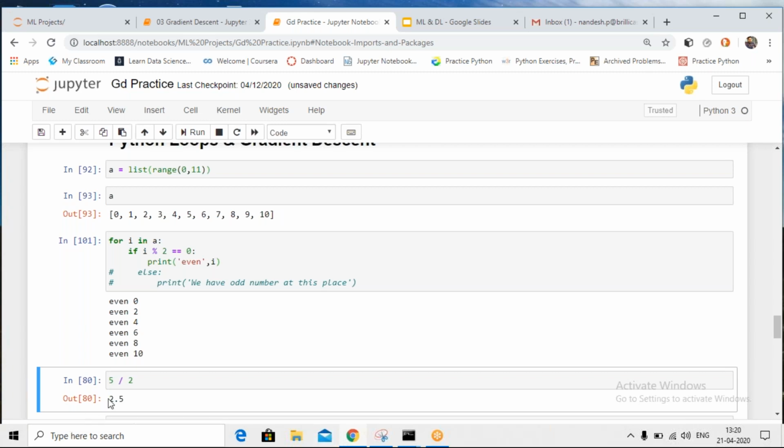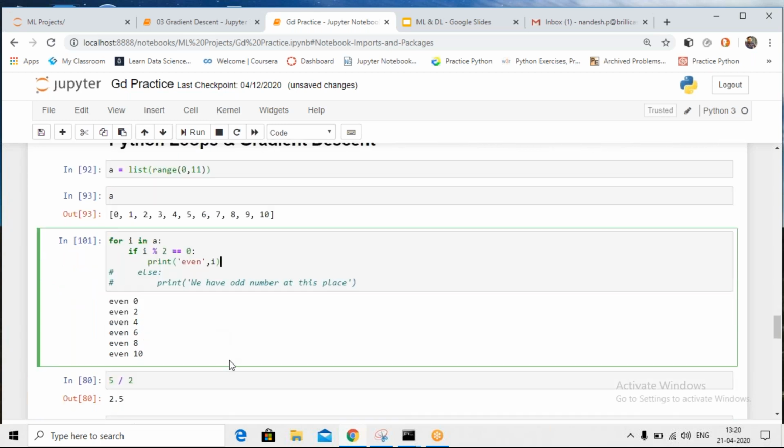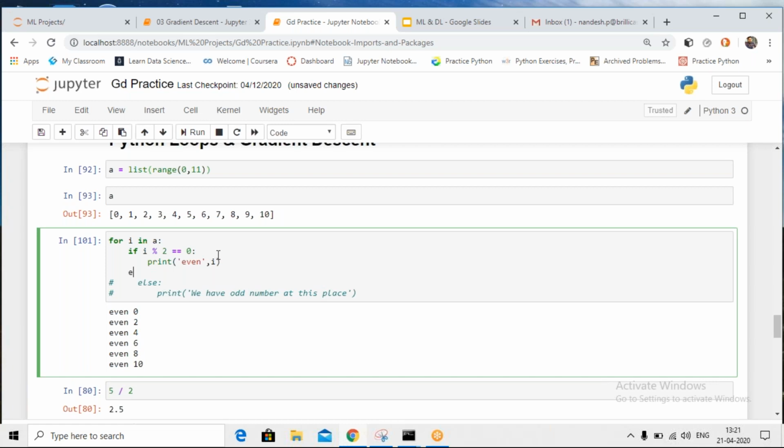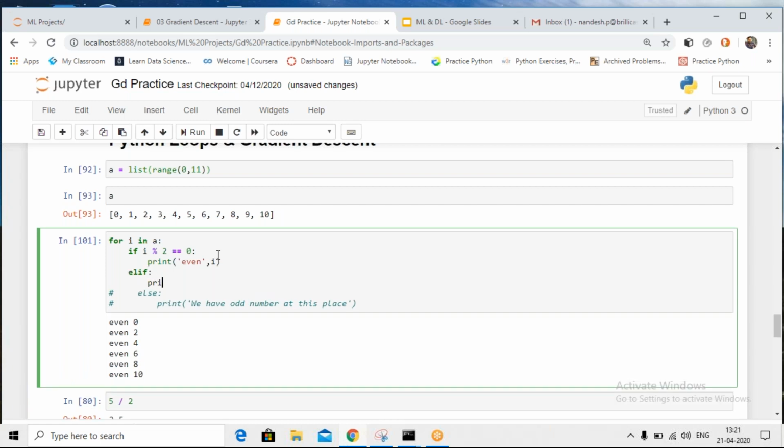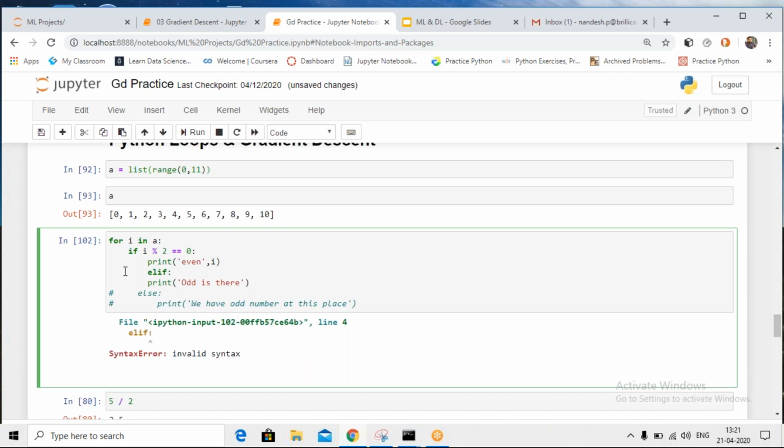Okay, so this is the for loop with if, else, and elif statements. We can pass in multiple elif also. I will leave that for now. I guess it's going to be very tough if I try to explain it to you. So elif means we can have multiple conditions in between. Maybe I can say elif, and pass something else. If this happens, I can have some condition, then this would happen. Maybe I'll say print odd is there. So it's going to give me an error. I need to pass in some parameter. Maybe I am checking for